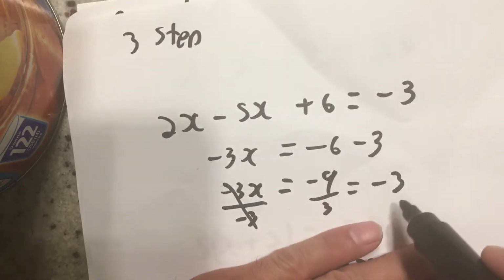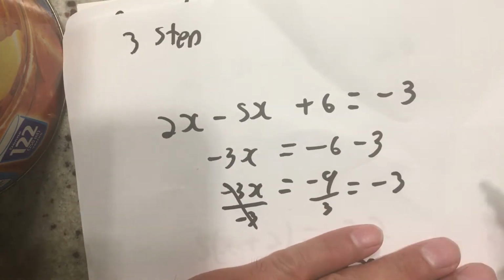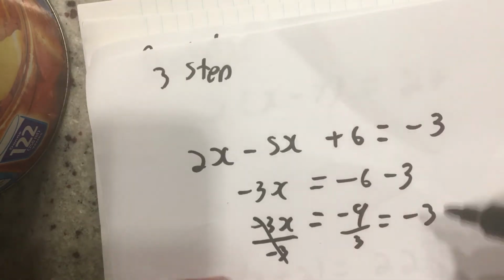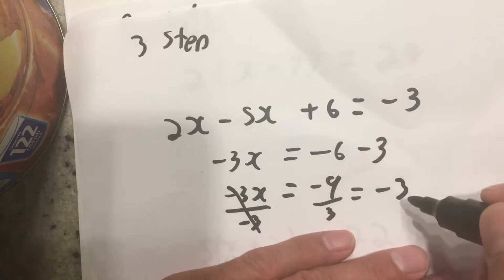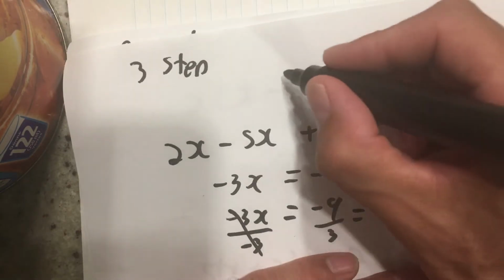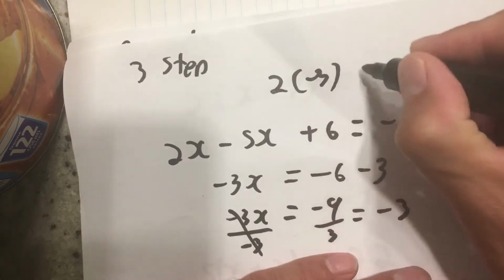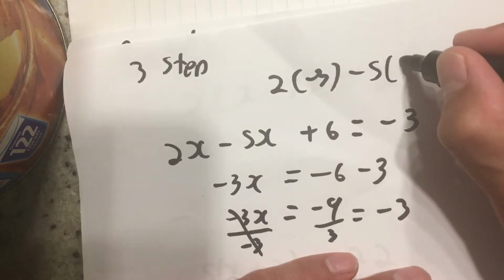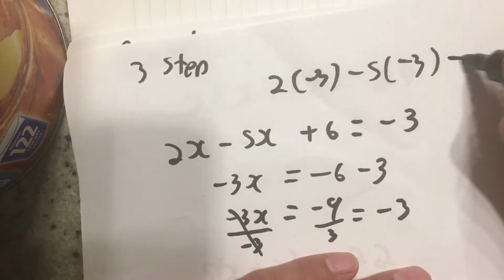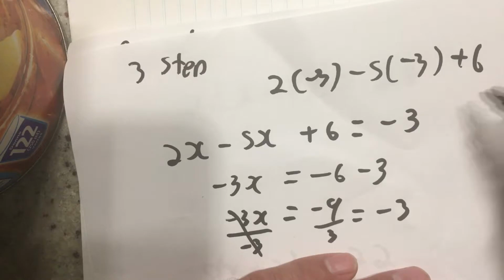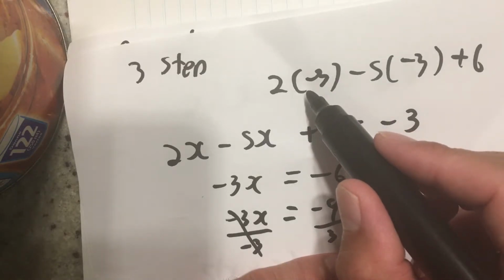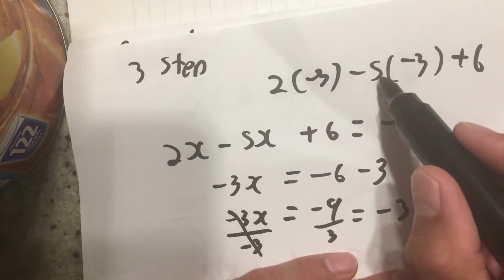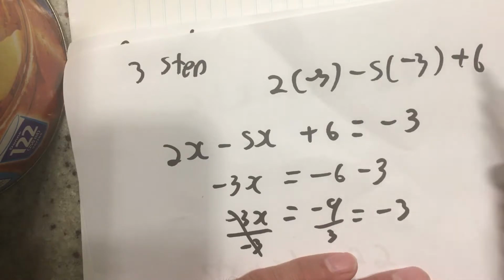So with all of this, x is equal to negative 3. By the way, you can always check and see if these are right by putting the number in. So if I think negative 3 is right, I can check it and see. 2 times negative 3 minus 5 times negative 3 plus 6 is equal to negative 6 plus 15